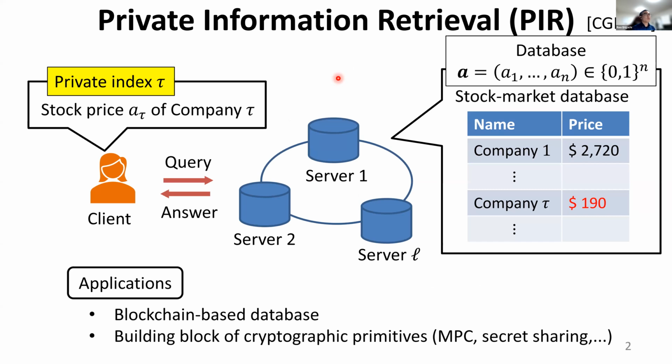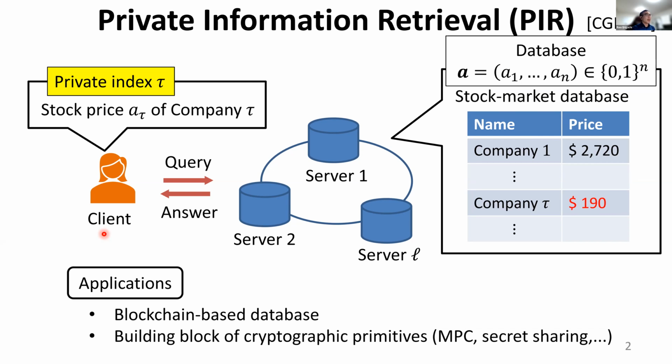First, we introduce private information retrieval, or PIR for short. In this setting, L servers have copies of database A, which consists of n items. For example, we can consider a database of stock prices of n companies. On the other hand, a client has a private index tau, and she wants to retrieve the tau-th item of the database. In this example, she may be an investor, and that index may represent the name of a company